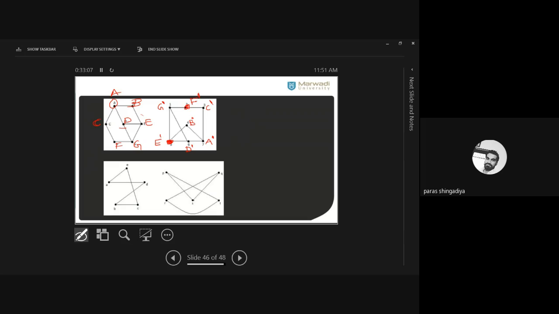Both have 5 vertices. Okay. दोनों में 5 vertex है. Vertices are 5. Now check edges. It is 1, 2, 3, 4, 5. And here it is 1, 2, 3, 4, 5. So both have 5 edges. Now verify whether they are isomorphic or not. Just practice it. It's very easy, not difficult. Just try it.